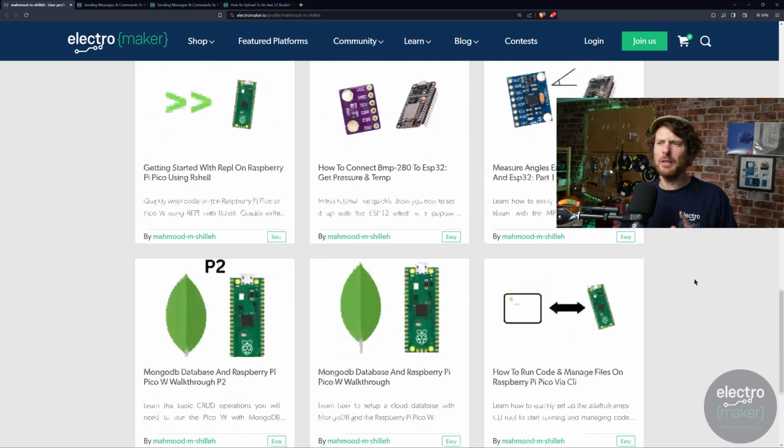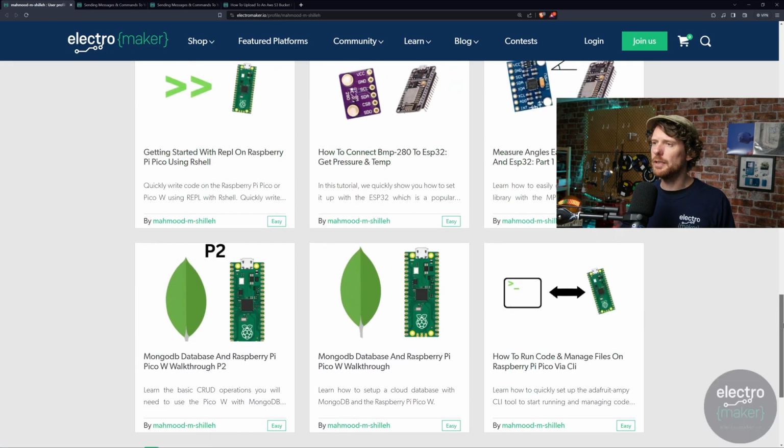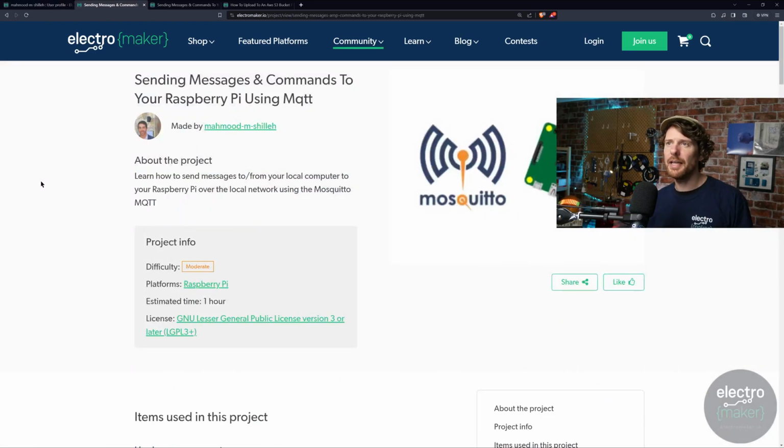I think I talked about his MongoDB and Raspberry Pi Pico tutorial either on the Electromaker show or maybe I just wrote something about it. But yeah, he's really been coming up with some wonderful things. This specifically is a project to do with the Raspberry Pi and MQTT. It's a 3-part project, but like I say, it all sort of amalgamates into one, because you start by learning